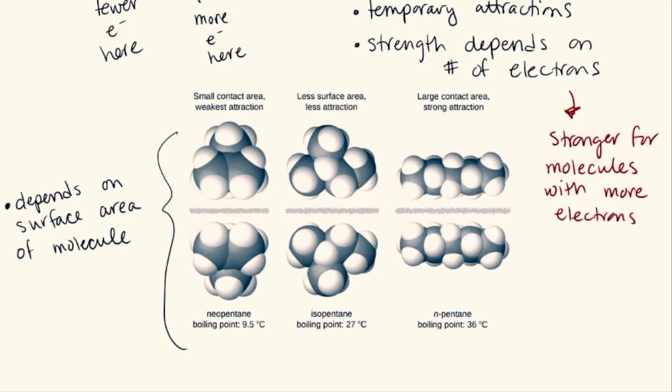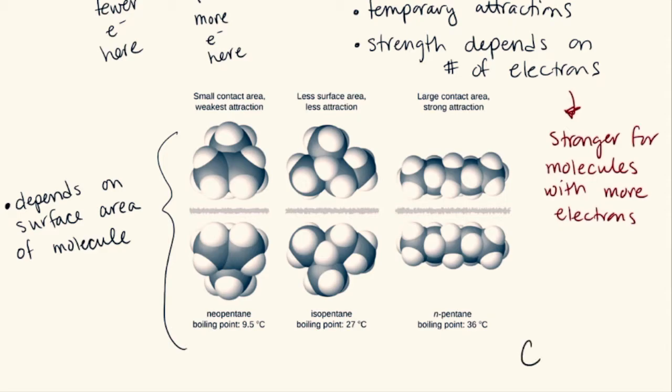So here we may have maybe at least 4, this might be 5 carbon molecules. All of these have 5 carbons, so all of them have a formula of